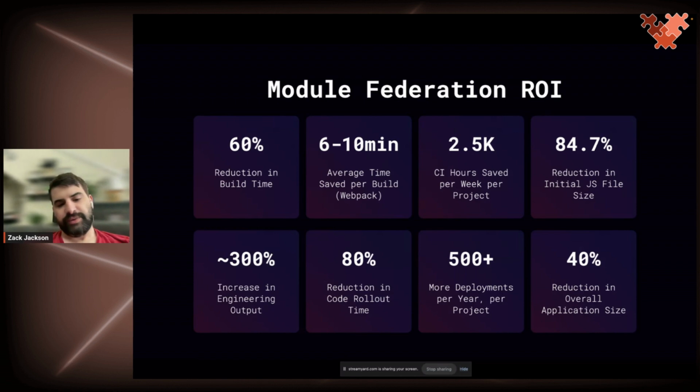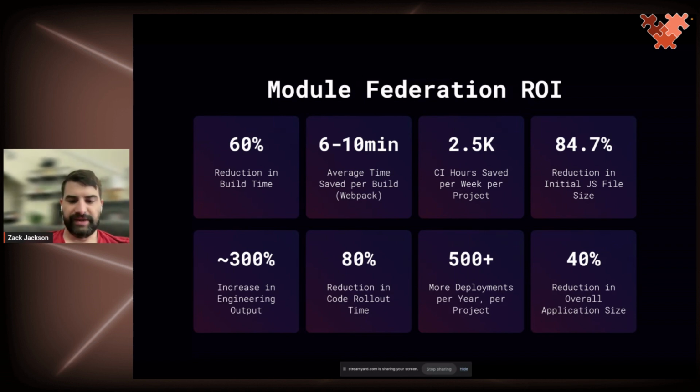The biggest number really here, I would say, is the bottom three. On average, across all of our teams, we've witnessed a 300% increase in engineering output, including an 80% reduction in code rollout time. Since all of our code is just a module snapshot, it went from taking, I think, about 10 to 15 minutes to walk code through environments to under 2 minutes to get any code across any of the 1,000 apps